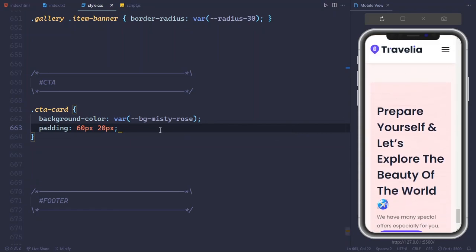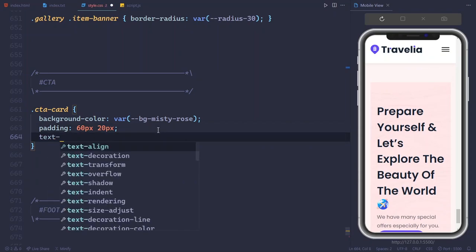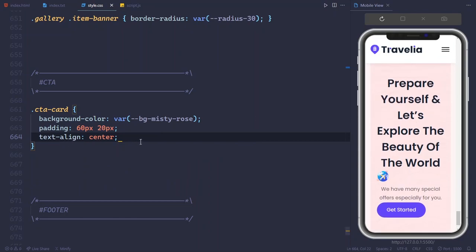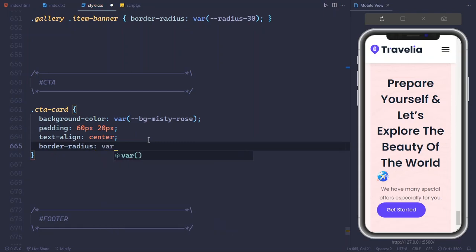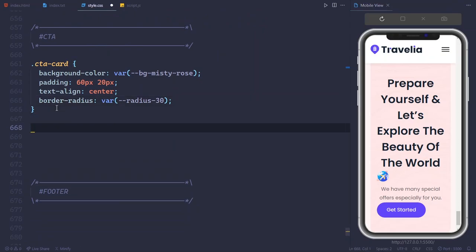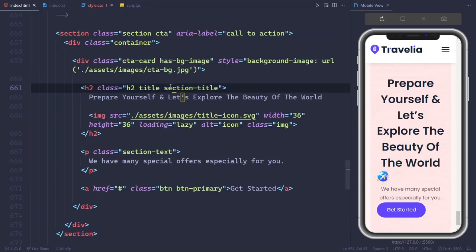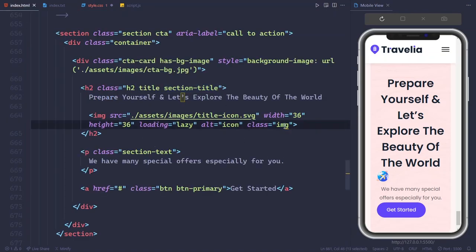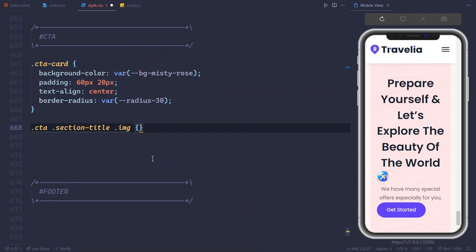And after that, text align will be center, centering all the text, like this, and border radius will be radius 30, like this. So after that, select the img, this icon. For the img, select the CTA, and inside the CTA, select the title, which is section title, and then select the img. And img display will be inline block,